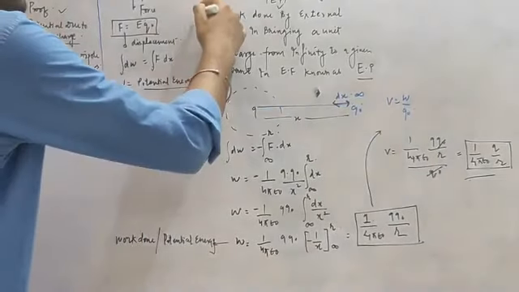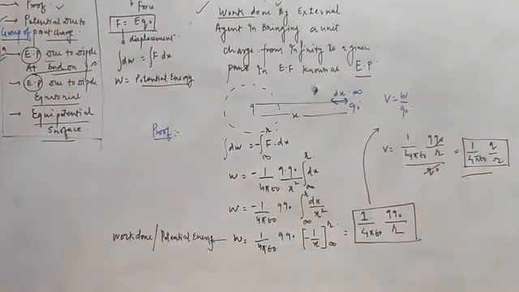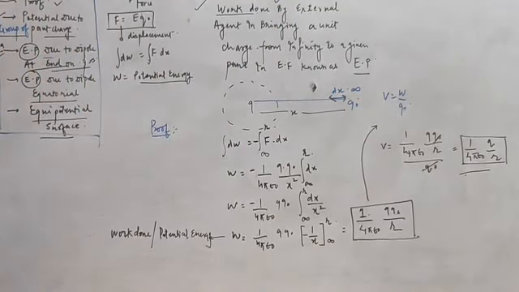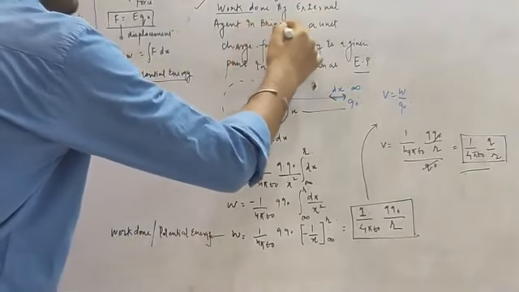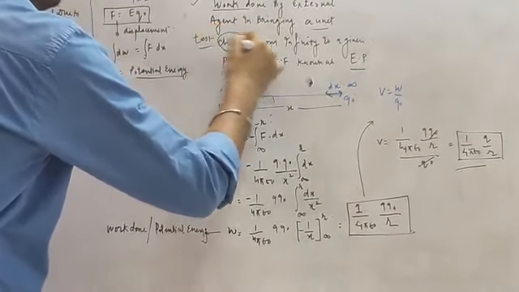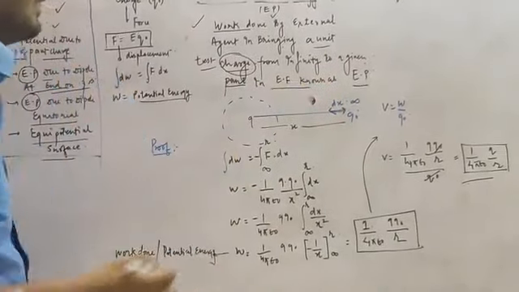What do you mean by electric potential? As we have already studied in class 10th also, what do you mean by potential? Potential is the work done in bringing a charge from infinity to a given point. Likewise, the work done by an external agent in bringing a unit charge or a test charge from infinity to a given point in an electric field is known as electric potential.